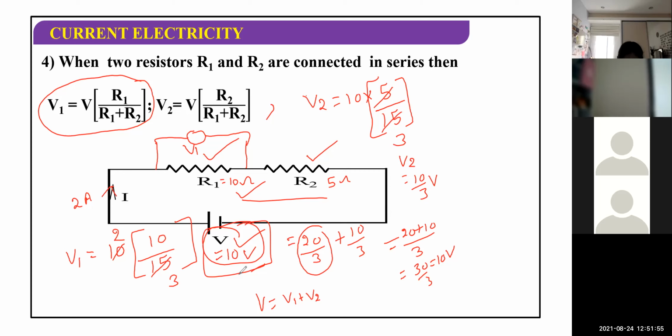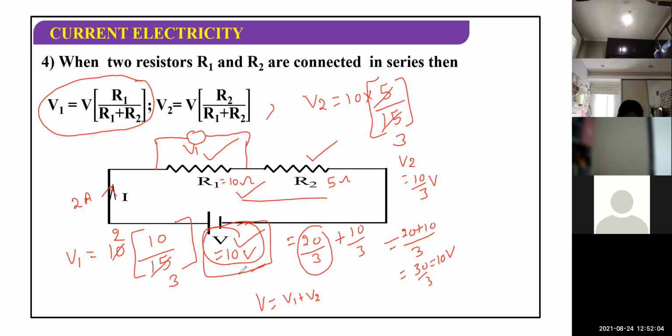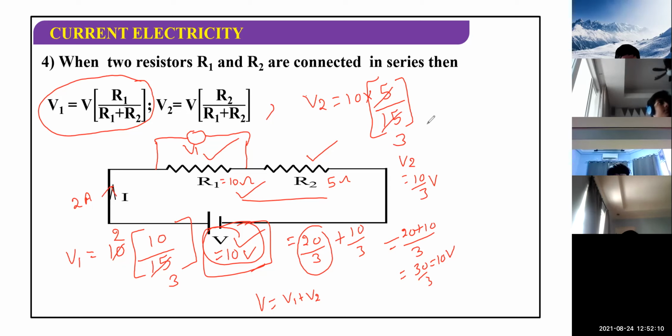I hope you are getting this point, children, how to find the potential drop across the resistor R1, how to calculate the potential drop across the resistor R2. And listen carefully, children, this is not the only equation, there are other methods. I don't know what methods you have studied in tuitions or from any other learning resources. There are many other techniques to solve the same question.